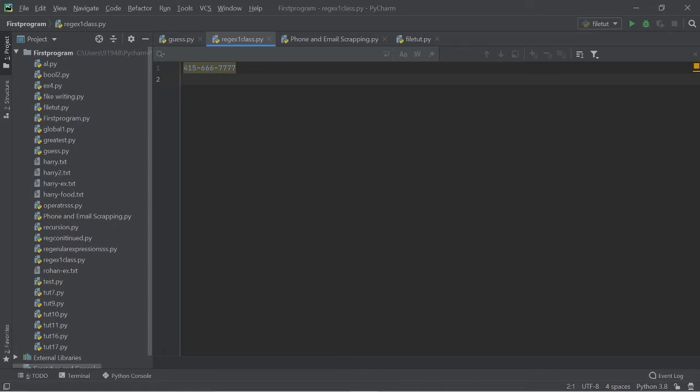Now I'll teach you first without regular expressions. You'll get to know how tedious the work is without regular expressions, and you will praise the man who invented regular expressions. Okay, let us begin. In Python we use hash to comment.